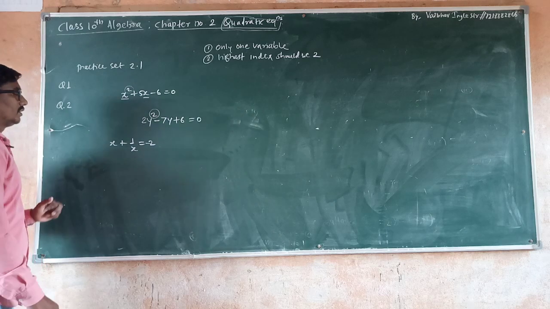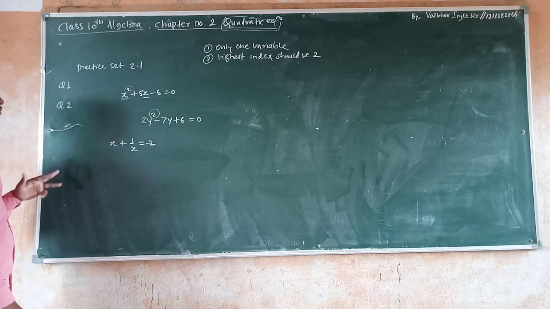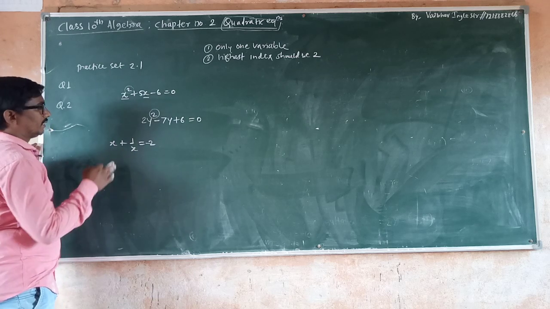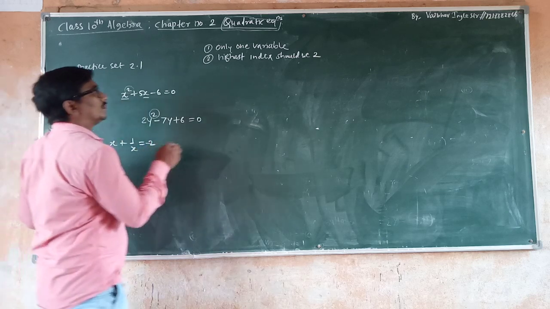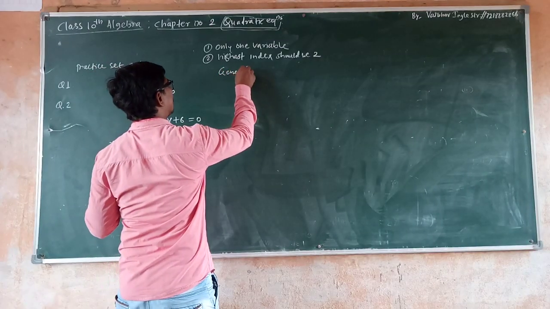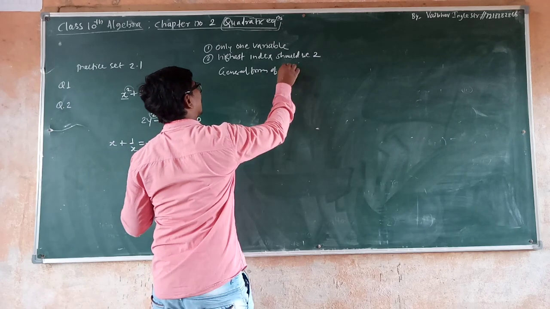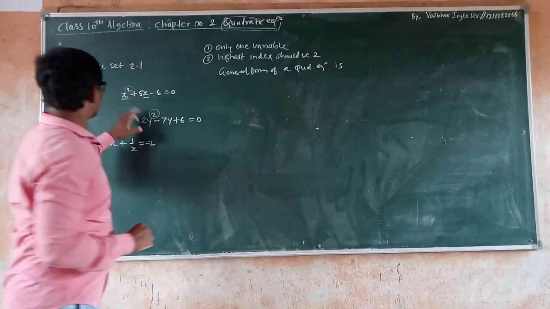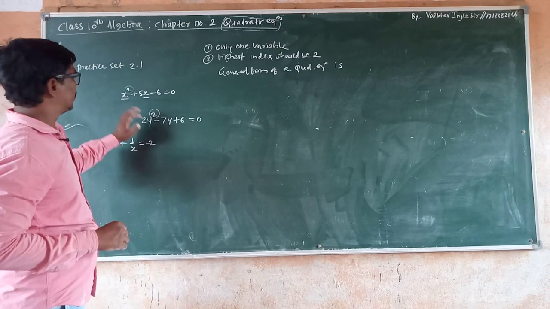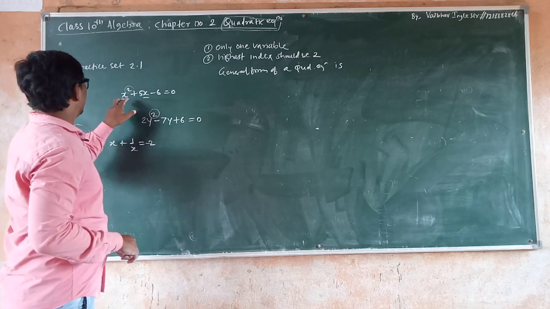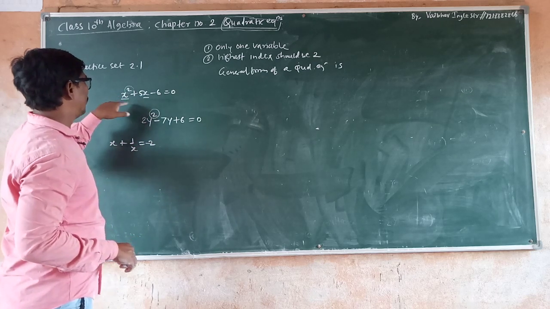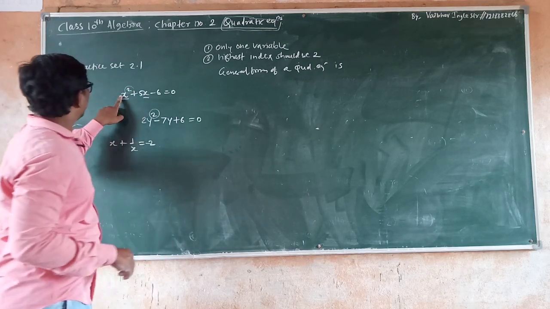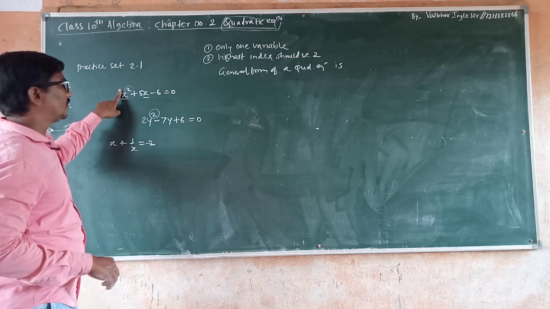So to decide whether this is a quadratic equation or not, I will convert this into the standard form. Okay, before this I will show you the general form of quadratic equation. From these two examples you can write the general form of quadratic equation. Actually see, one term having the variable with maximum index 2 is there and x square having coefficient 1.